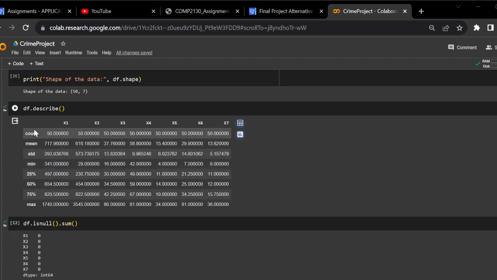And as you can see here, these are the columns and rows, so we can see it contains x1, x2, x3, x4, x5, x6, x7. It has count, mean, STD, minimum, 25%, 50%,